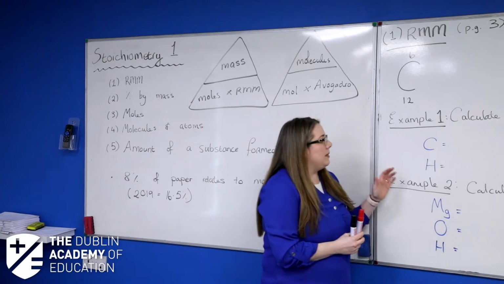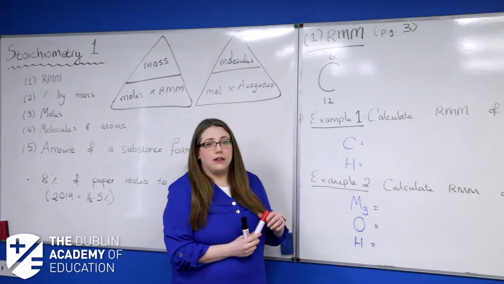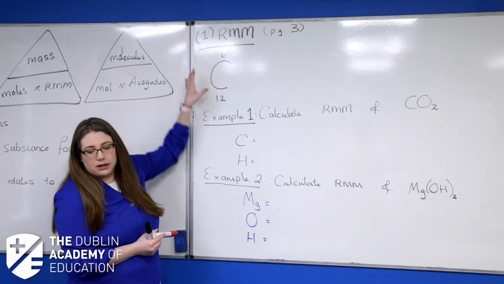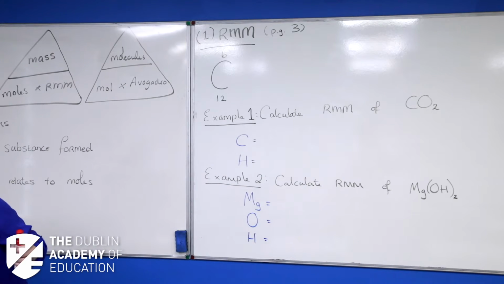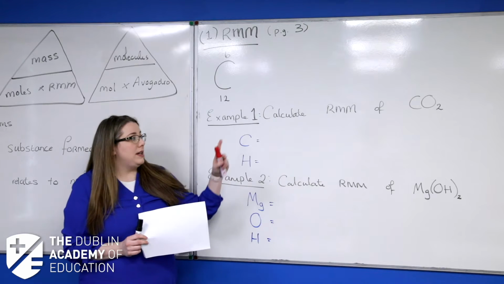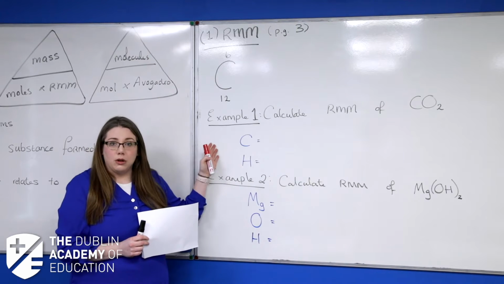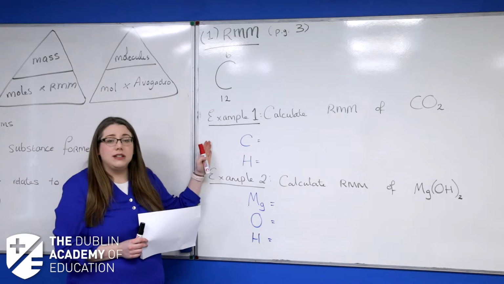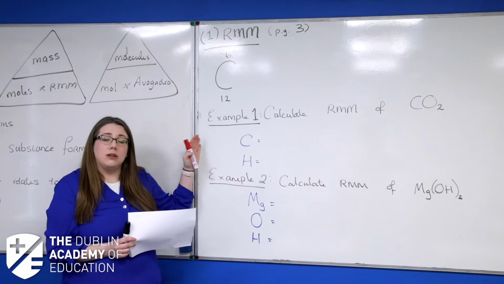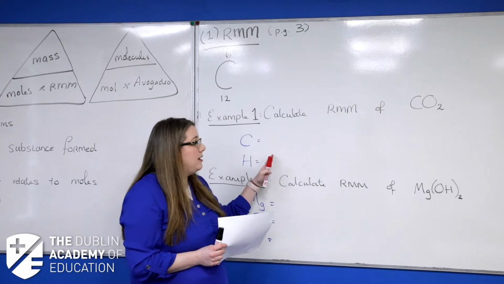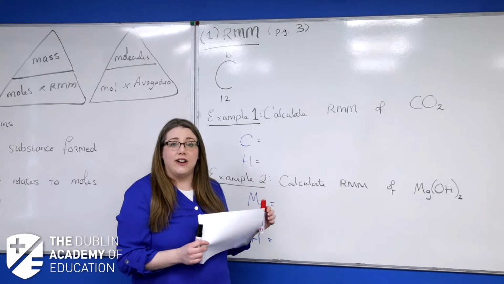The relative molecular mass tells me the mass of a compound. So when we look at an example, you're going to need your periodic table, and I have a copy from the log tables here. Now in your exam, they don't print out the periodic table for you. I'm sure you already know this. You're going to find it in your log tables. In your notes, I haven't given you a periodic table, and I also haven't given you a table of the electronegativities either, because I want you to get used to using the log tables to find what you need to find.